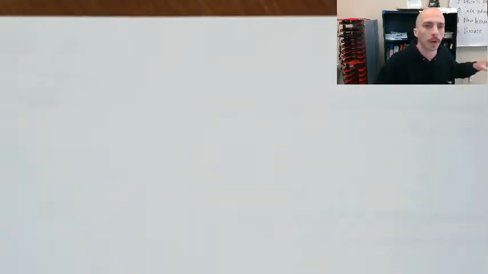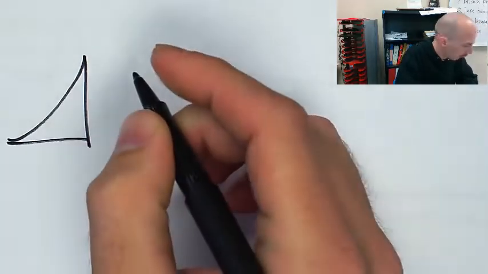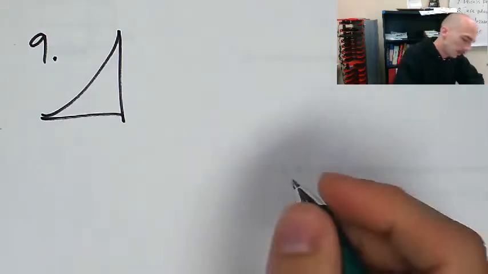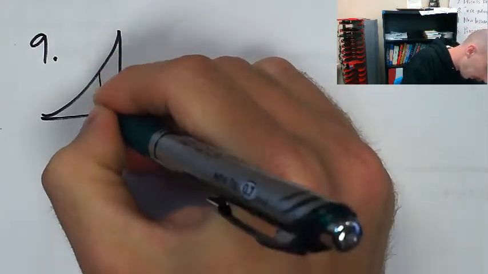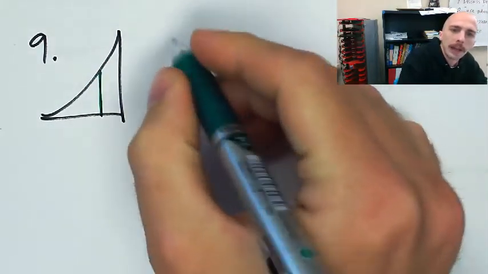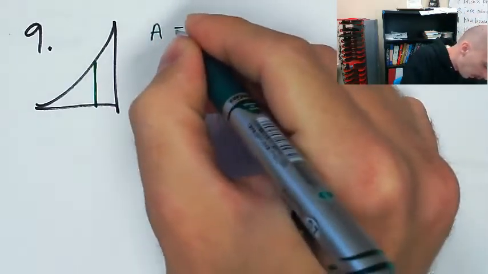Okay, number 9: the base of a solid is R3 and cross sections perpendicular to the x-axis are squares. So we're going to go over here and do R3. This is number 9, right? If they say cross sections are perpendicular to the x-axis, I draw something that's perpendicular to the x-axis. And the cross sections themselves are squares, so the area of a square is equal to